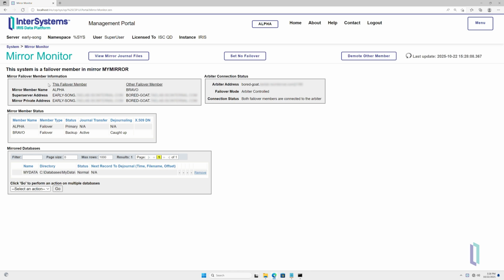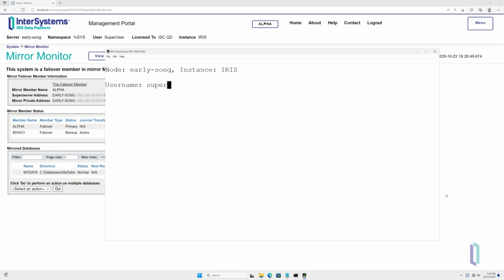Since our mirror has now been set up, let's test it. So I went and created a namespace that uses the My Data database as its default. That way, whenever I open a terminal session, I can change to my namespace, which I just called test. Now, if I set the my new global,